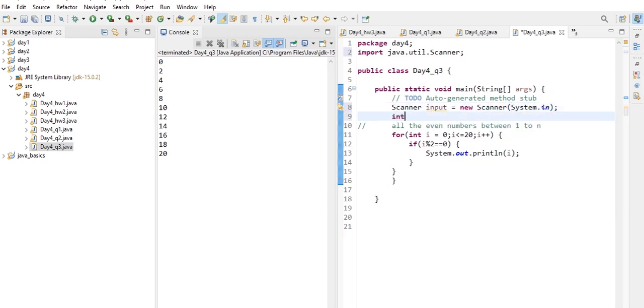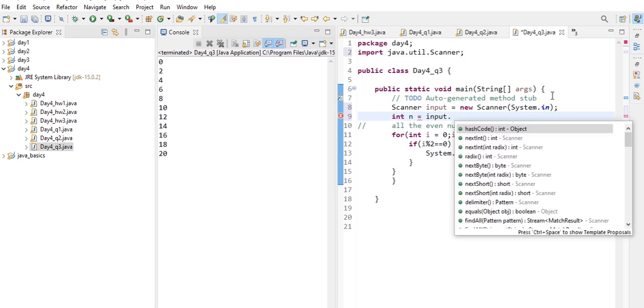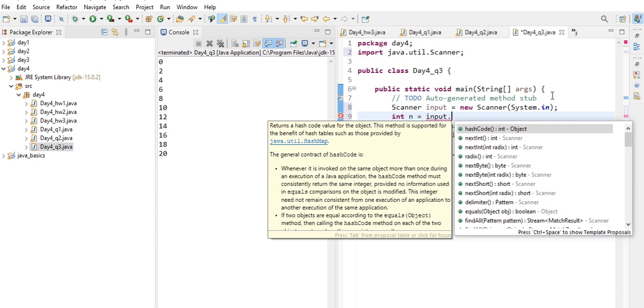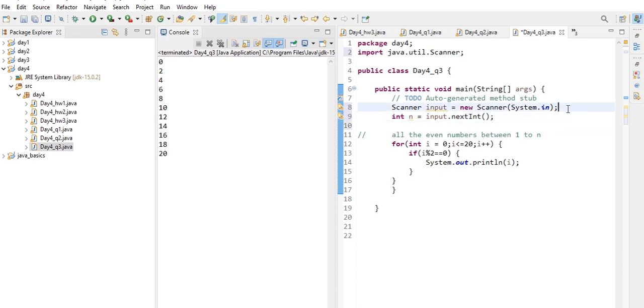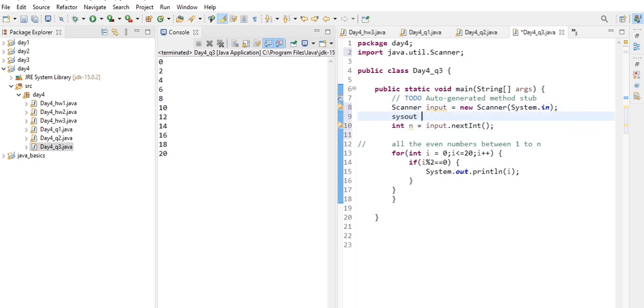And now let's declare a variable n of integer data type, and let's use the object name to access, and the dot operator to invoke the method which is available in the Scanner class, that is nextInt, to take in input for numbers, that is integers. And before that you can just type, enter the value of n,